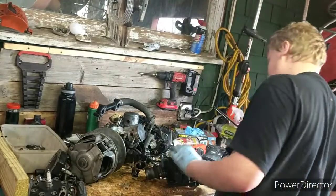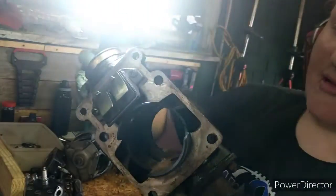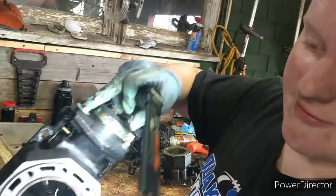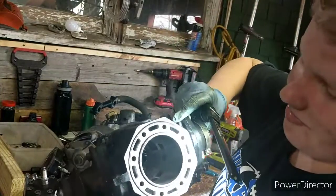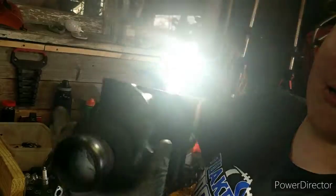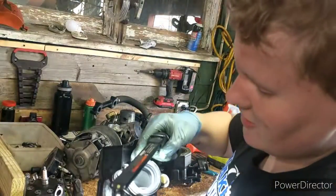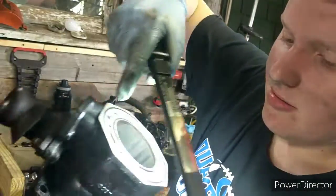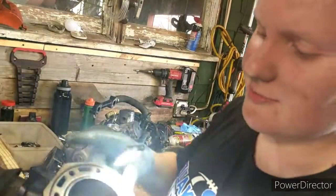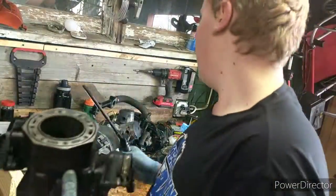But I'll show you guys the scored cylinder head right here. So hopefully you guys can see up in there. Pretty much, if you can see all those markings from going straight up and down, that is the piston without oil in it. And if you take a close look in here, this is where the exhaust goes in, right in there. I'm sure you can't see that probably. This is the carburetor side where the oil injection port is. And then all these little holes in here, coolant will be down deep inside this casting, not where the piston is, but it'll surround this to make it so this motor cools good and everything,